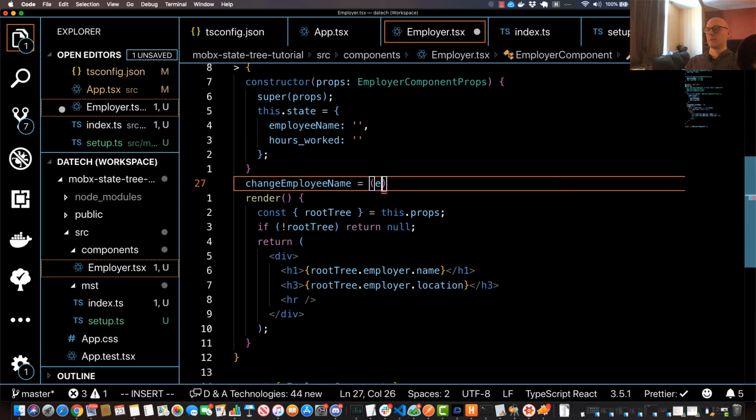I'll save that, and I'll do one more thing here that's form specific. I'll just create another class method called onSubmit, and I'll just set that equal to an arrow function, and I'll just do any just like the others. And then I'll do an e.preventDefault, which prevents the page from refreshing. I'll grab the items from state,